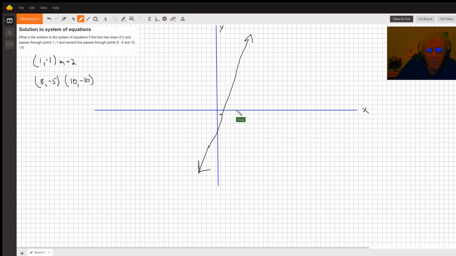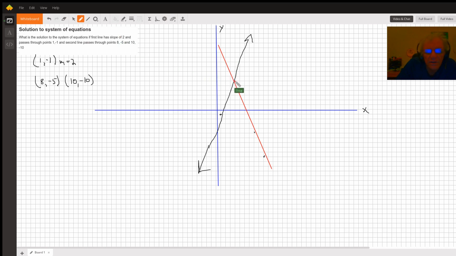And (10, -10). And this time I'll use the line tool. The line that passes through those two points, we're trying to find that point right there, the point of